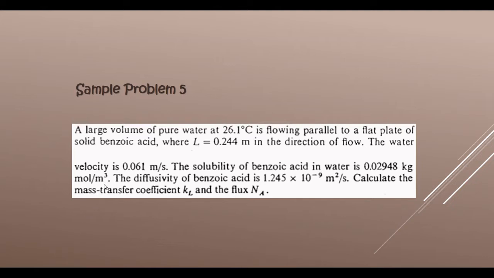Now the water velocity is 0.061 meters per second, and the solubility of benzoic acid is 0.02948 kilomole per cubic meter. Now the diffusivity of benzoic acid to water is 1.245 times 10 raised to negative 9 meters squared per second. And the problem requires you to calculate the mass transfer coefficient K sub L and the molar flux N sub A. And that's the rate of diffusion of benzoic acid to the flowing water that is flowing above its flat